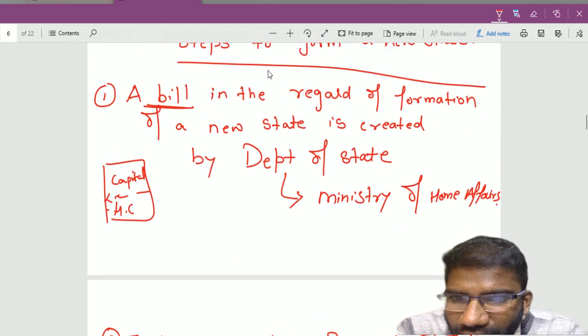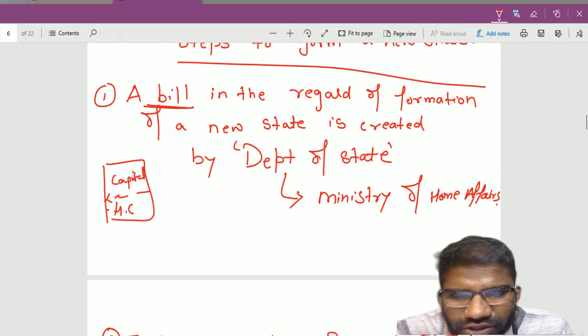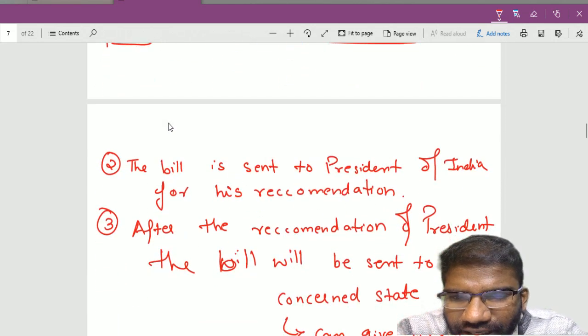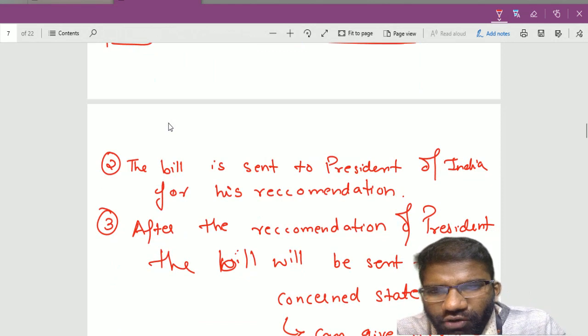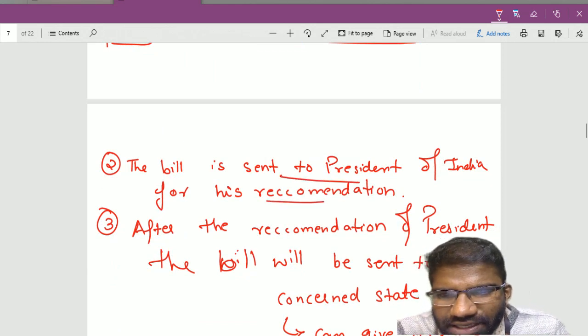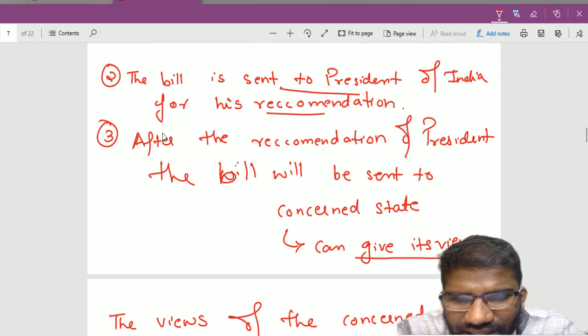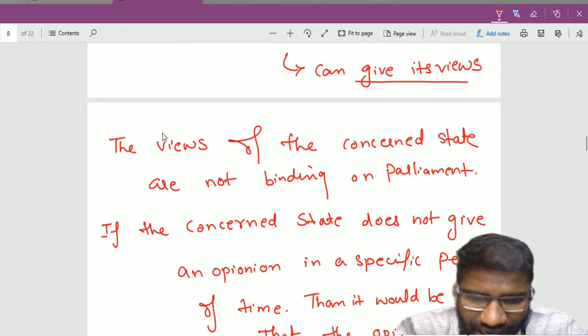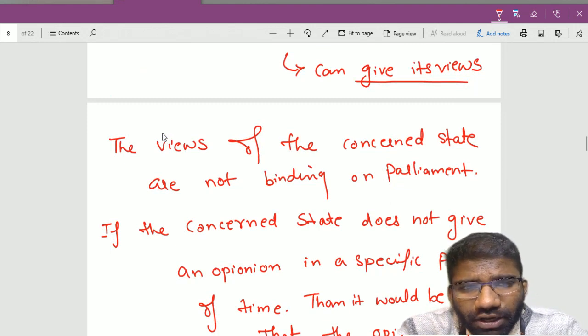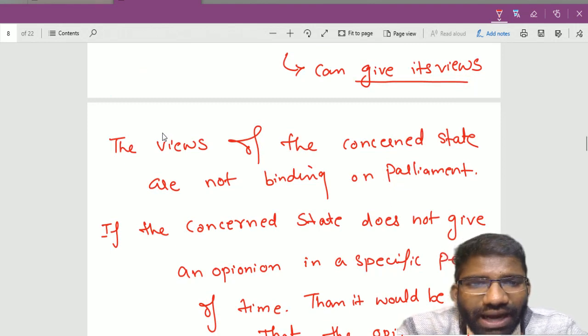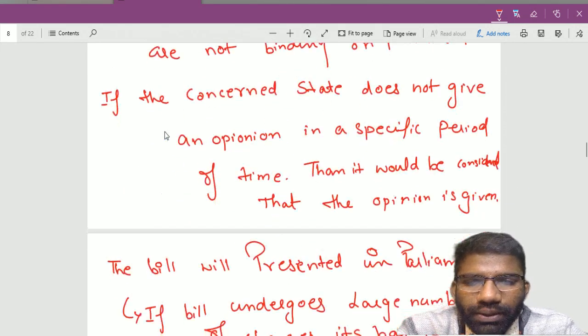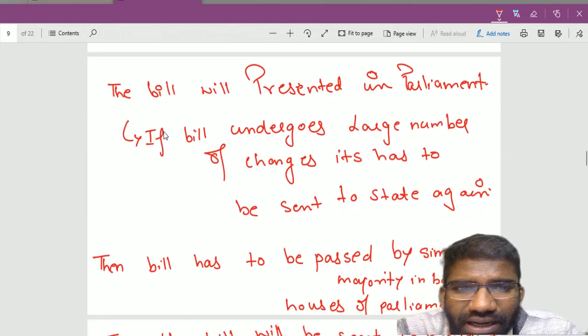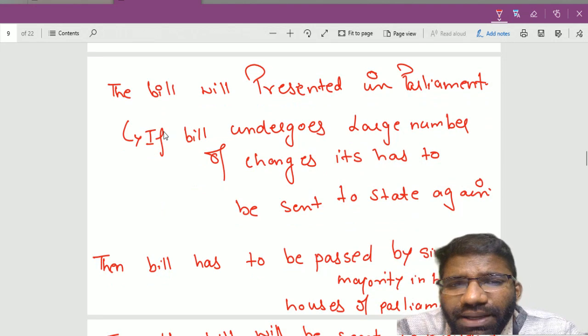The first thing was a bill in this regard. A rough draft of the bill will be created by the Department of State, Ministry of Home Affairs. Then it will be sent to the Honorable President of India. After the recommendation of the President, the bill will be sent to the concerned state, and if the concerned state gives its opinion within the particular period of time, it is well and good. And if the state does not give an opinion in the particular period of time, the opinion is considered to be given. Then the bill is presented in Parliament, and if again the bill undergoes a large number of changes